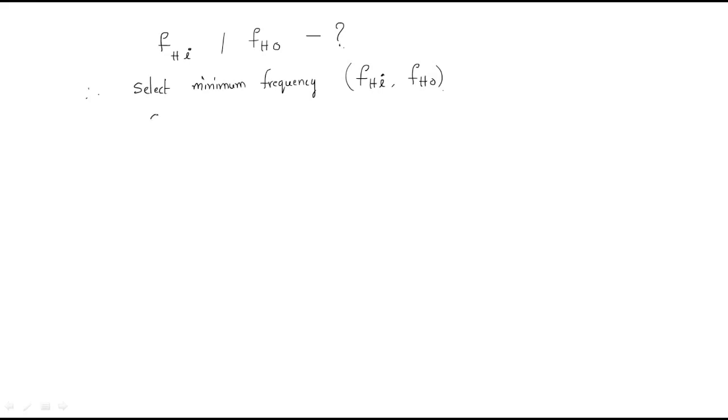So for example, we have the FHI value as 2 megahertz and the FHO value as 1 kilohertz. So what is the higher frequency? Here the higher frequency is nothing but FHO, that is, you should take the 1 kilohertz. The minimum value you should select. Okay, so this is the procedure to